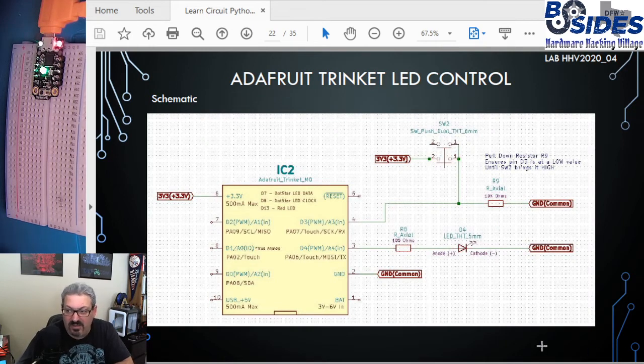Our first one, Lab 4, is for Adafruit Trinket LED control. Basically we're going to have the Trinket control an LED, and we're going to use a button and regular Trinket controls to make this work. So this is the circuit that we're doing, and the LED is a fairly typical circuit design. We're coming off of digital pin D4, going through a 100 ohm resistor to a standard 5mm LED,